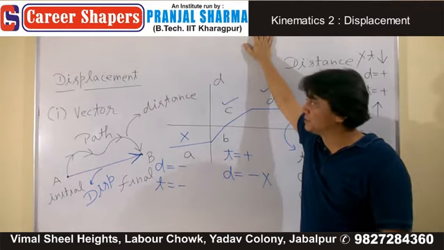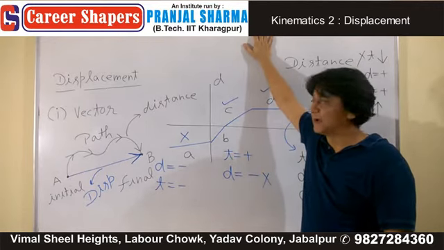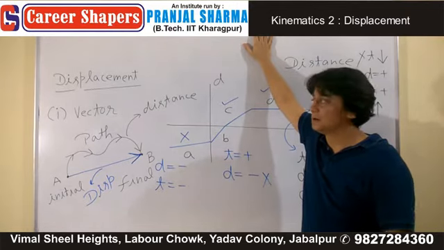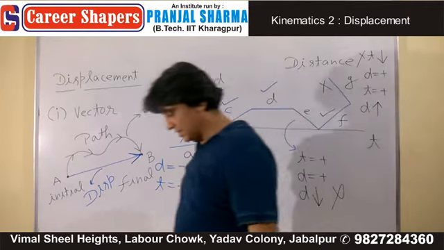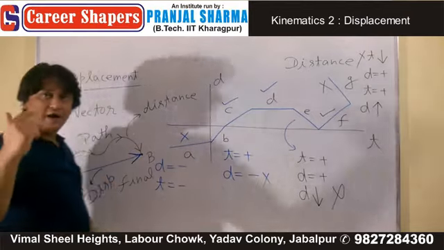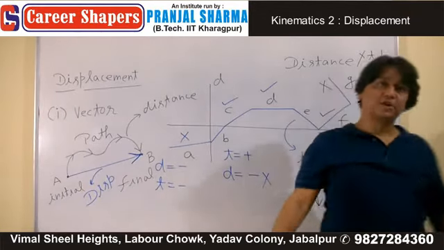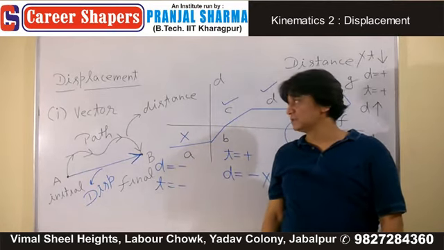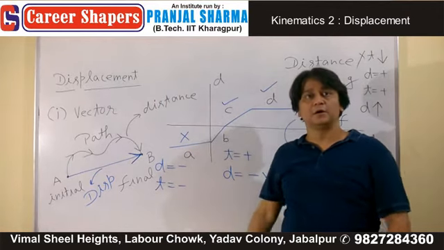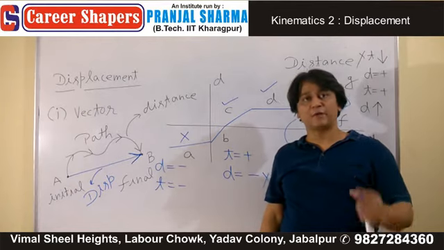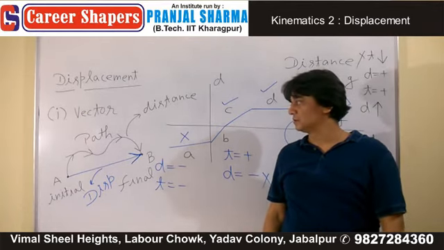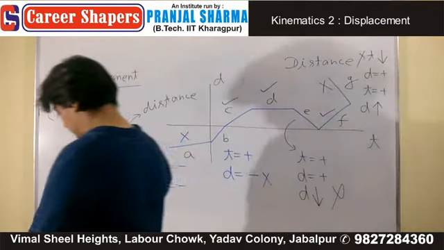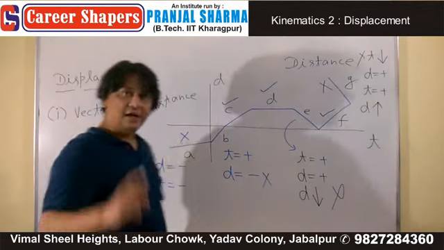Positive and negative signs for a vector provide information of direction. That is, if